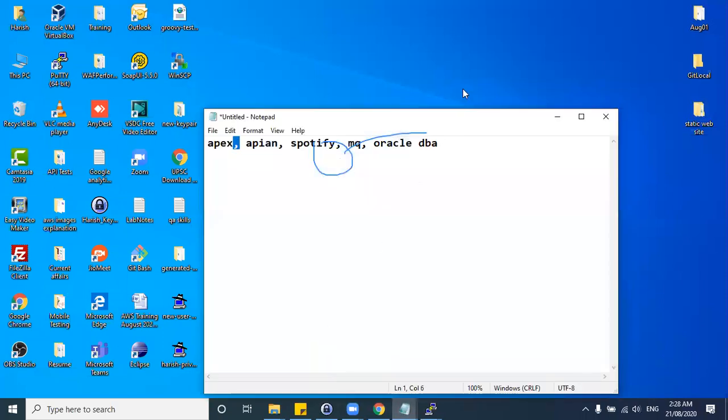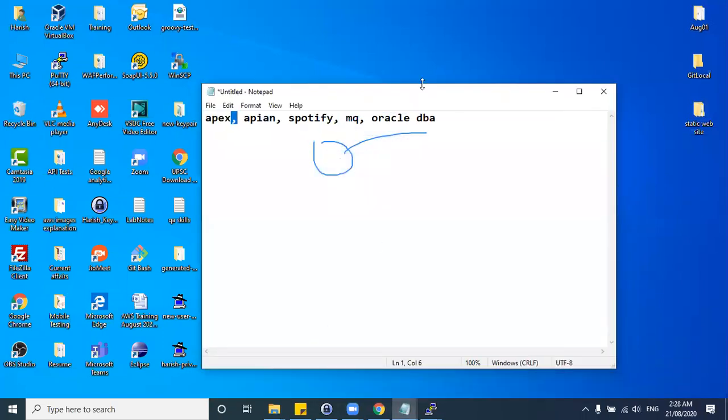Let me take this one here. If you see here, what we have done is, let me take this pen. Yeah. We have created a private key and a public key. We created the private key using PuTTYgen and saved it on our local laptop.